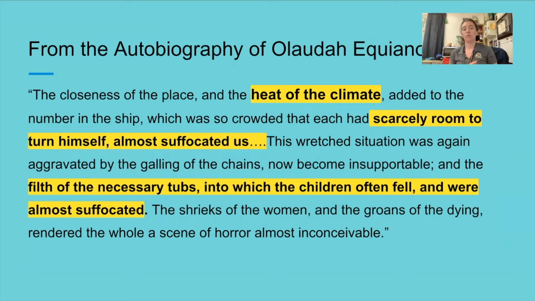Okay. So the biggest thing that he talks about, it's super, super hot. There's no room to move. And he also talks about a necessary tub. These necessary tubs were big tubs that these people would have to go to the bathroom in. So they'd be going to the bathroom in these necessary tubs, and kids would be walking around and accidentally falling over into these necessary tubs and almost drowning, okay, in this vat of poop and pee and